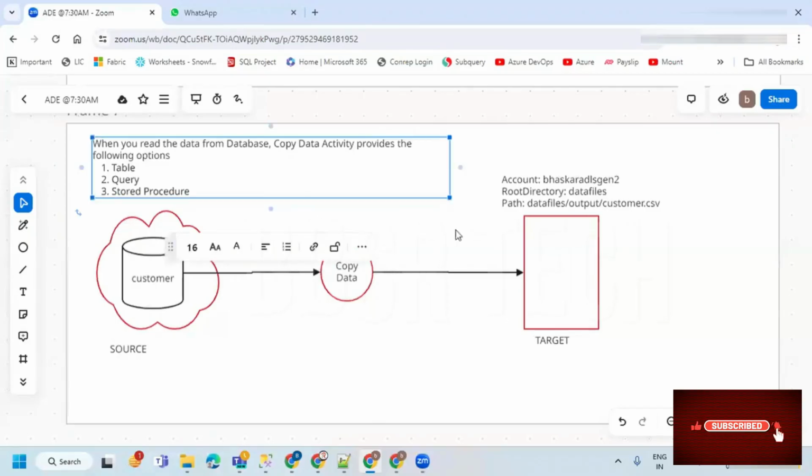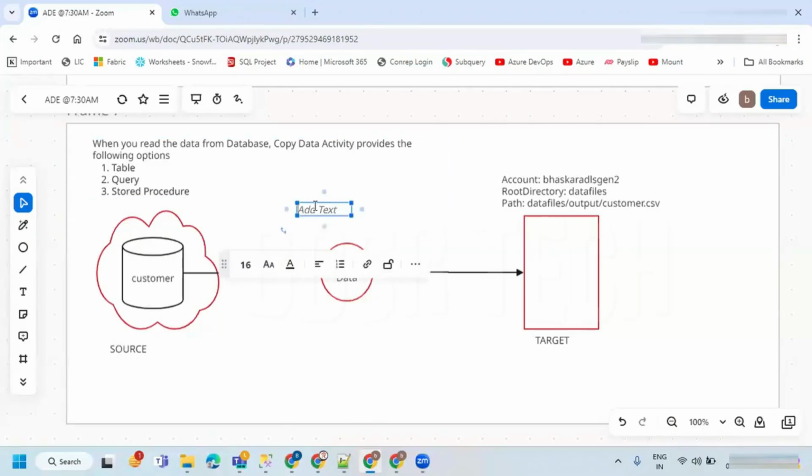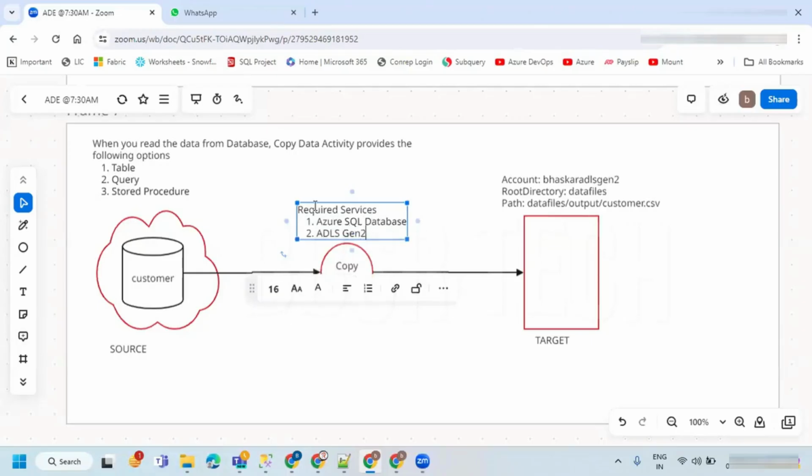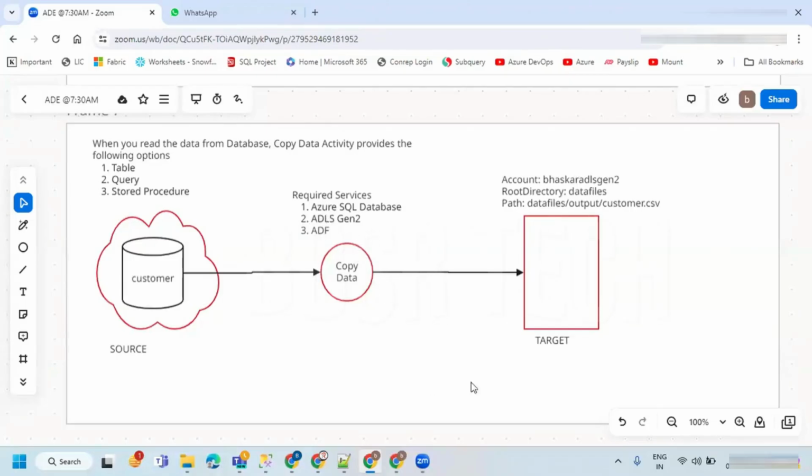The required services for this particular requirement are: one is Azure SQL Server, the SQL database, and ADLS Gen2, and ADF. So these three services we require. We already know how we can set them up. Again, I'm going to show you, because since I removed everything in Data Factory, I need to do it. So here I wanted to create a pipeline to move the data from the Azure SQL Server database to